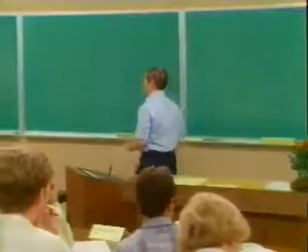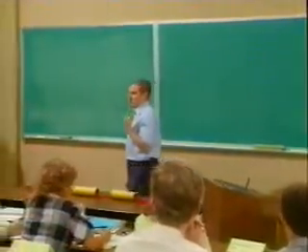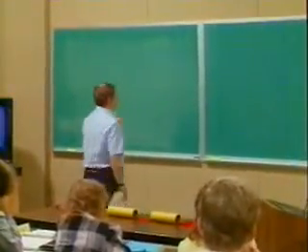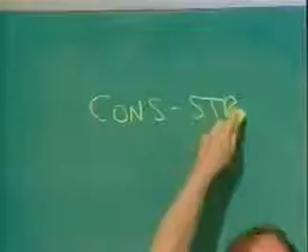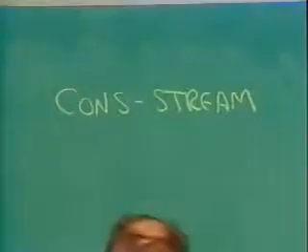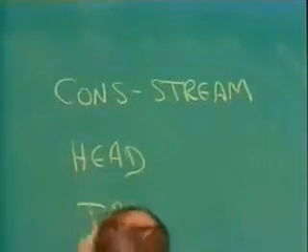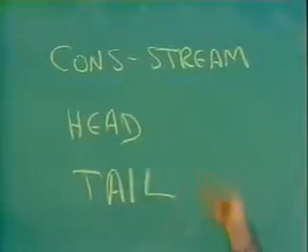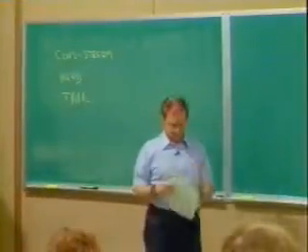Well, let me try this. It's going to turn out that we don't need any more mechanism. We already have everything we need simply from the fact that we know how to handle procedures as first-class objects. Well, let's go back to the key. The key is, remember, we had these operations, cons-stream and head and tail. When I started, I said, you can think about this as cons and think about this as car and think about that as cdr, but it's not. Now let's look at what they really are.